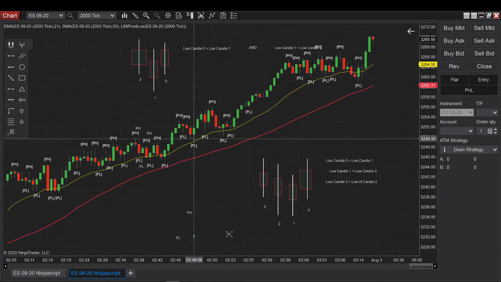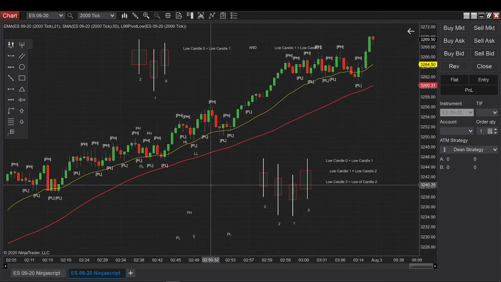If this low is lower than the previous one, then it's a lower low. Okay? So what I want to be able to say is higher low here, and here lower low. Here it's a higher low, lower low, higher low, higher low. Why is this a higher low? Because this pivot low is higher than this one. Then higher low, lower low. Why? Because this pivot is lower than the previous one.